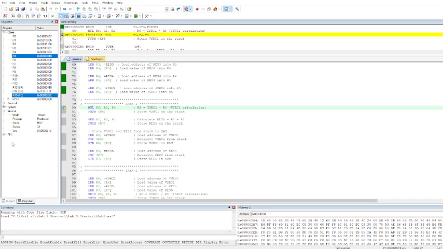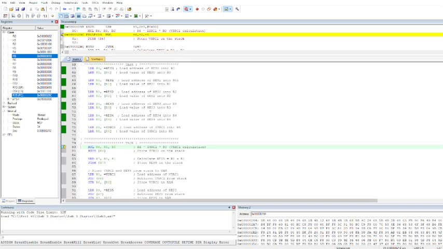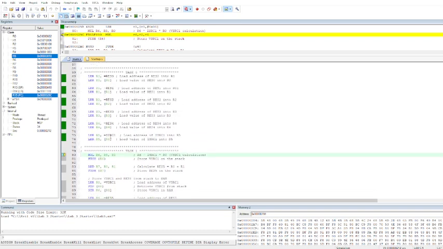So that does that, and then task 1 asks us to calculate VSRC1, which is just the product of the resistor value of R0 and ISRC1, which is 2 times 16, so that's 32, which is 20 in hex,